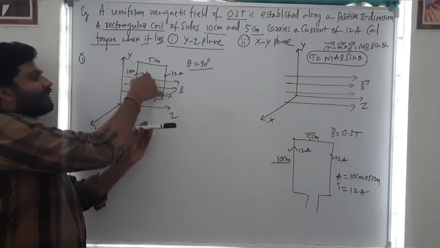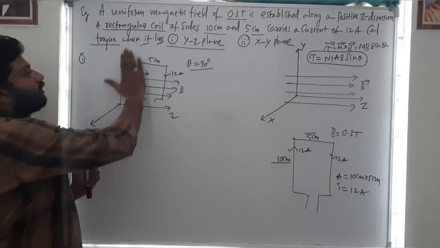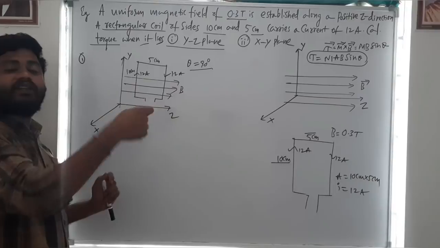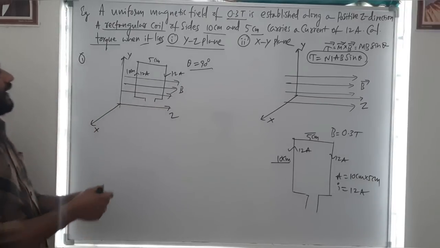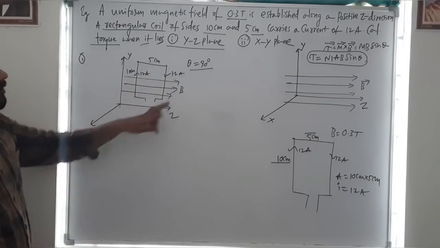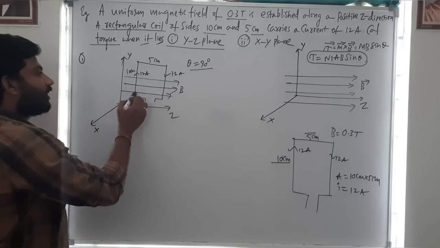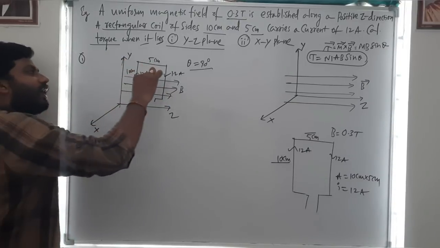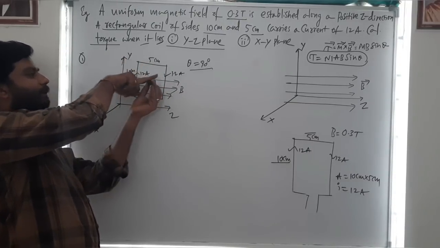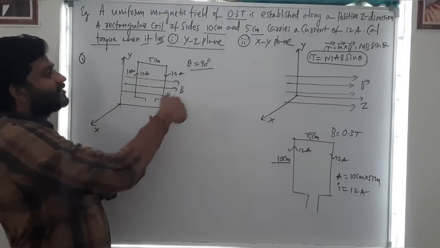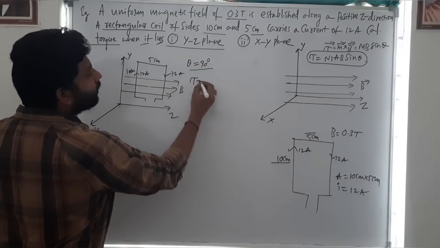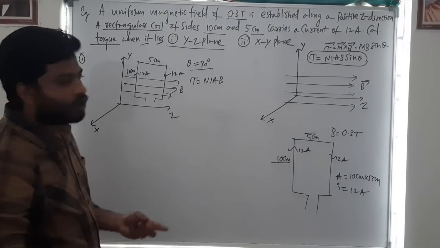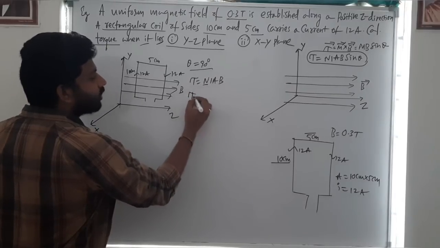You can check, the area vector is perpendicular to the plane of the rectangular coil, and that is the same direction as the magnetic moment. What is the angle between the magnetic moment and the magnetic field here? 90 degrees, because the area vector may point this way or into the plane, and the magnetic field is perpendicular to this. So theta is 90, and you know tau is equal to NIAB sin theta. Sin 90 is 1, and the number of turns is 1. So tau is equal to